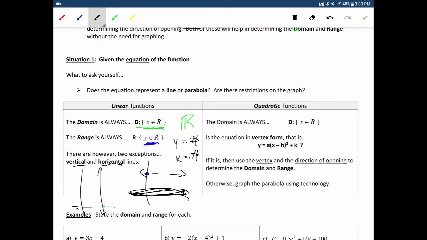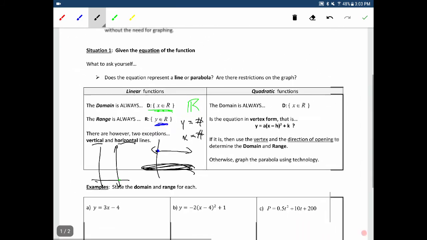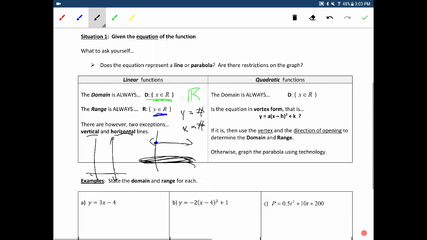We're going to talk about that in a second. But you're going to want to use the vertex and the direction of opening to be able to figure it out. That's all you need. Those are the two things you need. You need the y value of the vertex, which is also the max or min value, and you need to know whether it opens up or down. Okay? So first of all,